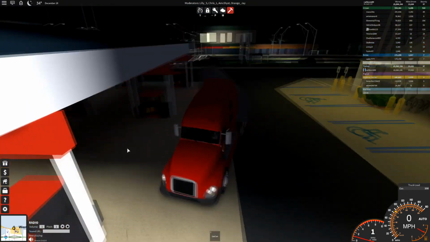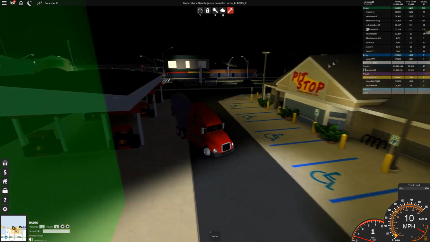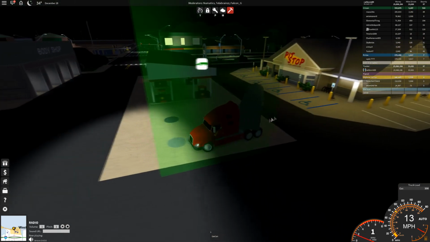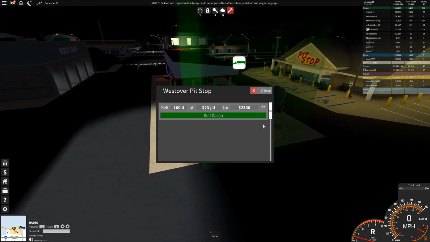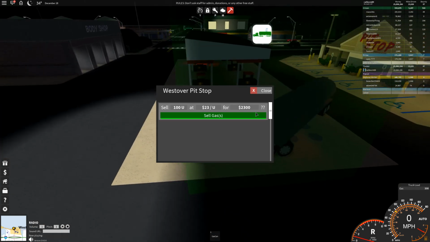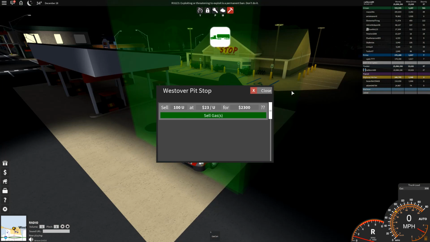Okay guys, I'm at Westover fuel now with my gas that I've converted over at the factory. I'm just going to pull in here now. Let's see how much we get. So actually, wow. Yeah, only 2,700 difference, which is...